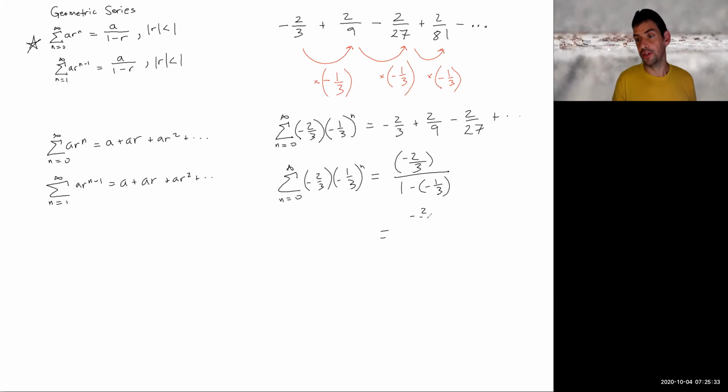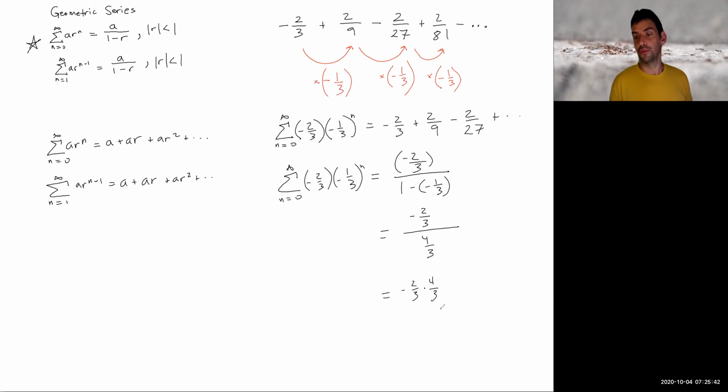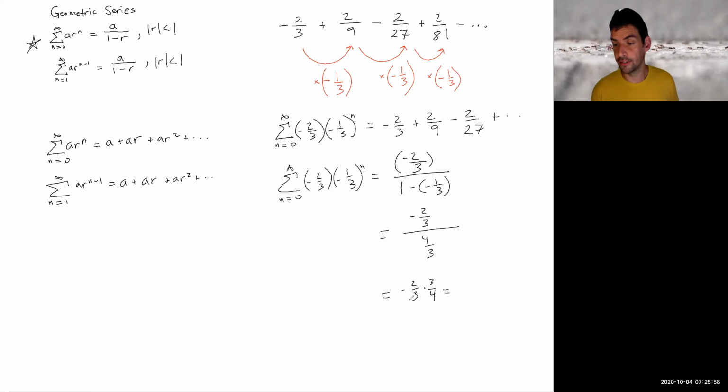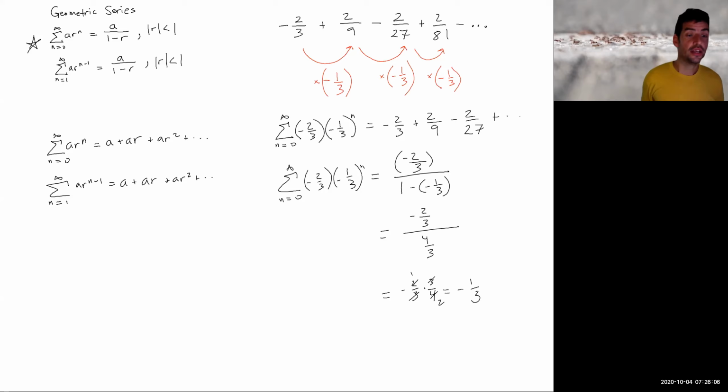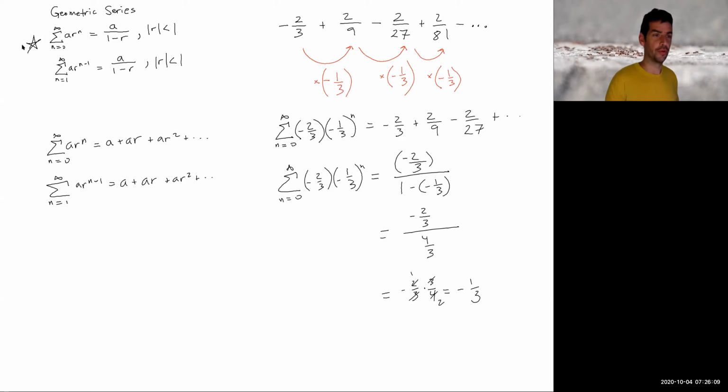And then we just have to do the algebra to work this out, which is going to be -2/3 times 4/3, which gives us, what is that? Oops, I wrote that wrong. That's not correct. I forgot to flip that. Times 3/4, excuse me. And so we get, cancel our 3's, cancel this, cancel that. We get a -1/2. So this sum that was given sums to, I wrote 1/3, sorry, I'm being a little careless here,